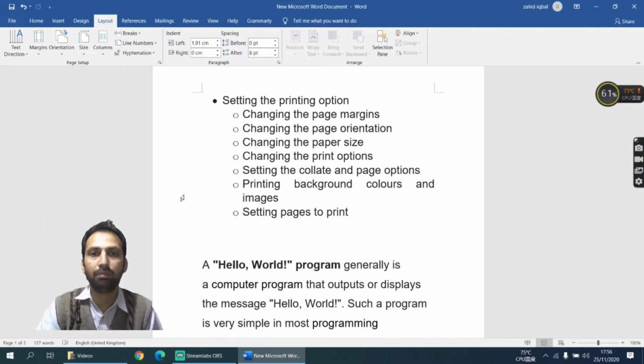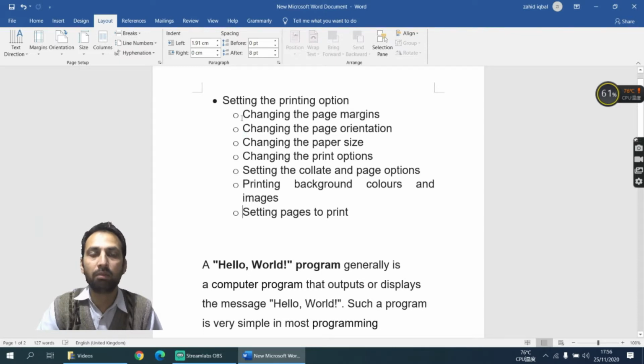This is Shahid Mahmood and today I will show you how to select printing options for a document, specify pages to print, and set properties for a document prior to printing. There are different methods to achieve the same result in Word 2019, but I will concentrate on the most productive method when dealing with page setup. So I will go through all these